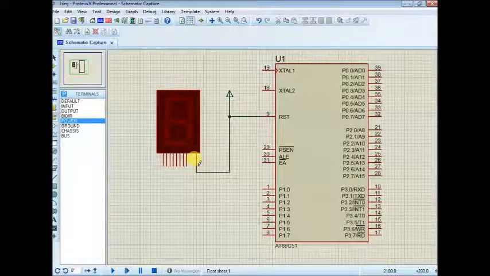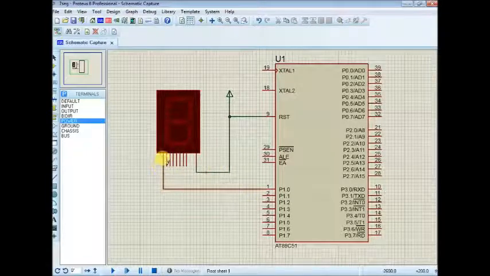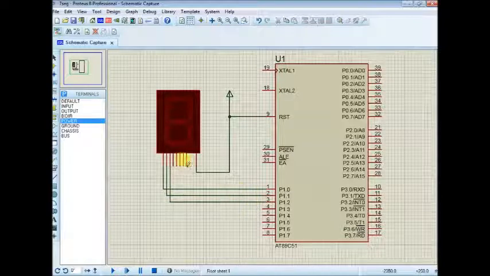Now it's time to connect the port P1 pins, P1.0, P1.1, P1.2, P1.3, P1.4, 5, 6 and 7 to various pins of the 7 segment display. For that particular purpose, now we have connected pin number 1 of 7 segment display to P1.0, pin number 2 to P1.1. Similarly, we are going to connect all 8 pins of 7 segment display to our port P1